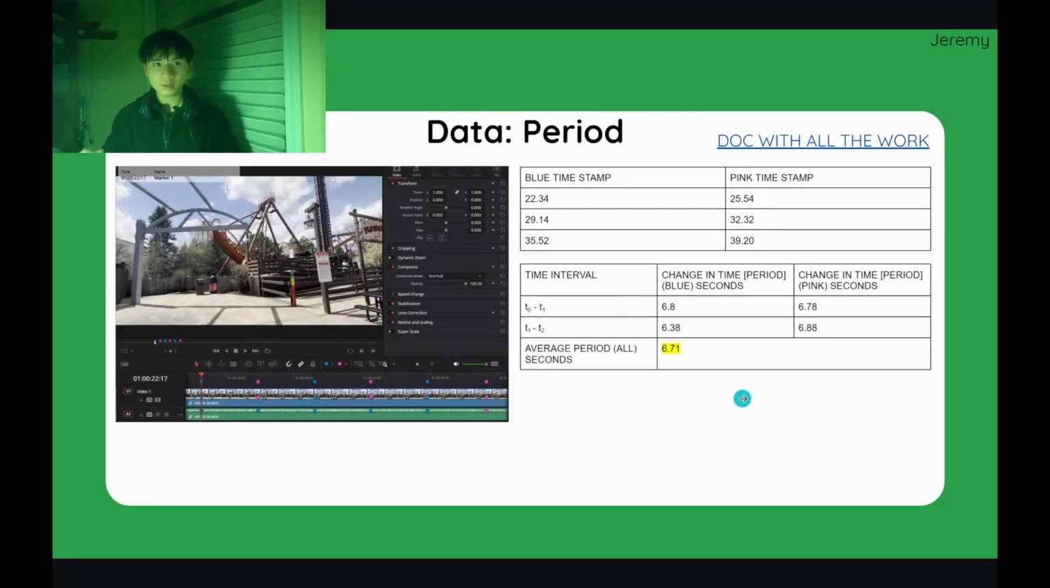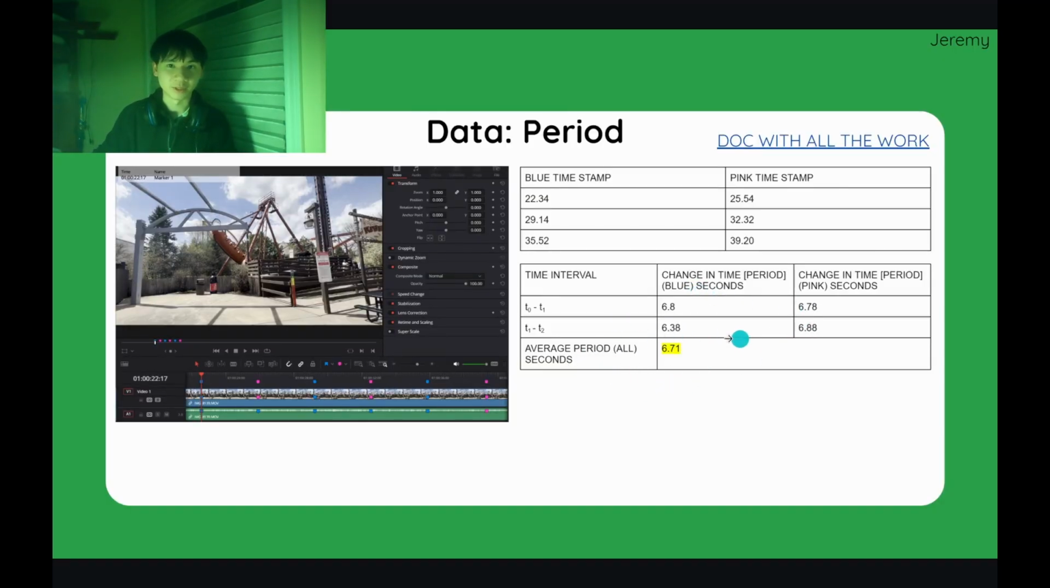And then going to our next solution, we use period. So basically, I put it into an editing software just to find the timestamps of when it reaches its maximum height, and then reaches its other maximum height, and then once again reaches the next maximum height. So for the blue timestamps, which are these right here, the timestamps were 22.34 seconds, 29.14 seconds, 35.52 seconds, and then for the pink stamps, it's this. And then we just calculate the change in time to get our period,